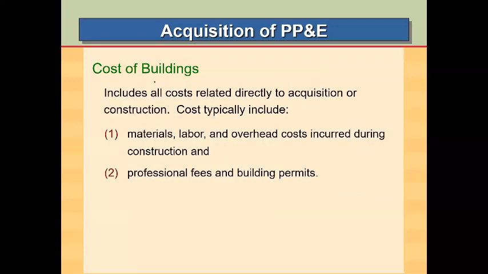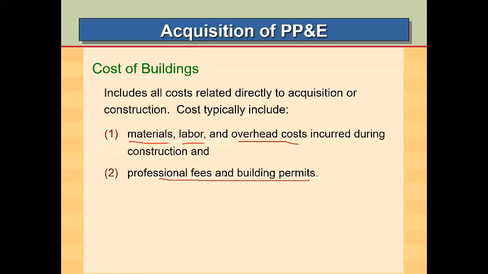Cost of building, the same will be applied. All costs related directly to acquisition or construction will be included. Of course, if you are going to construct the building, you will include material, labor, overhead cost that has been incurred during the construction, and the professional fees and building permits. In order to build you have to get a permit from the government. You are paying for getting that permit, so this will be added to the cost